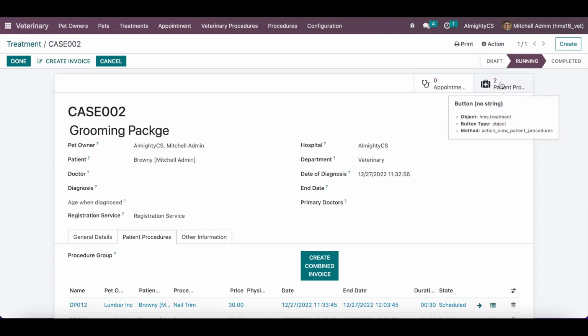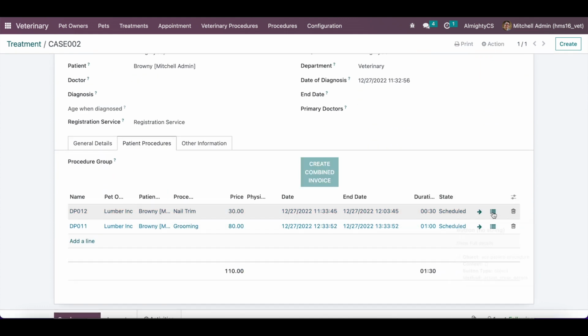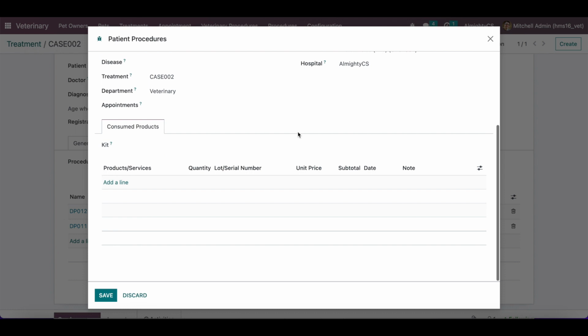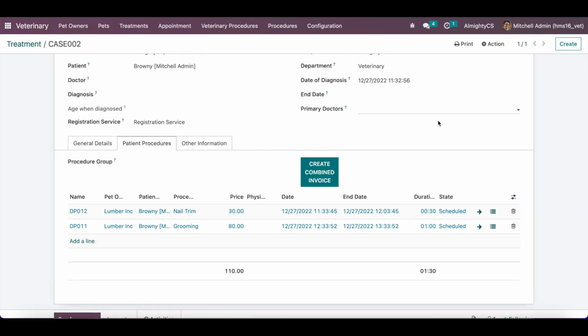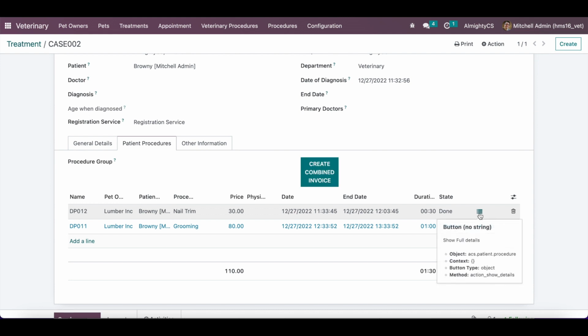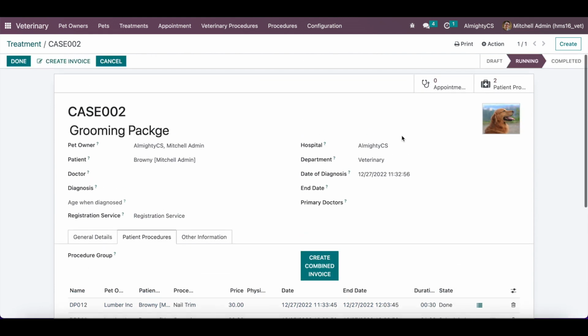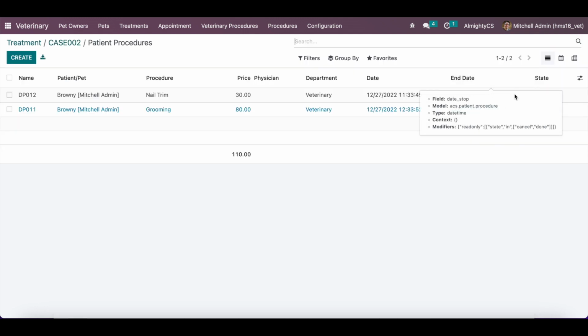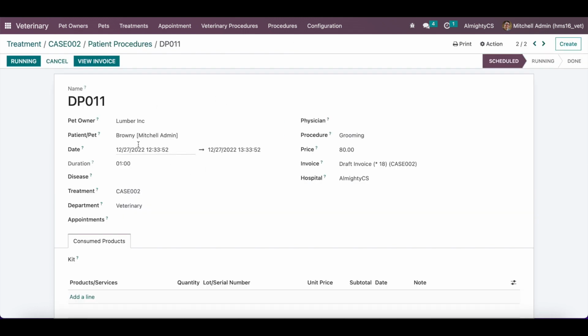We will be able to see these procedures from here. We can see more details directly and we can complete that. If we are working on this procedure, then they will mark it as running, and once it is completed they can mark it as done. If they want to see it separately, they can click on this smart button and they will be able to see all the procedures over here in the list view, and they can open the relevant procedure